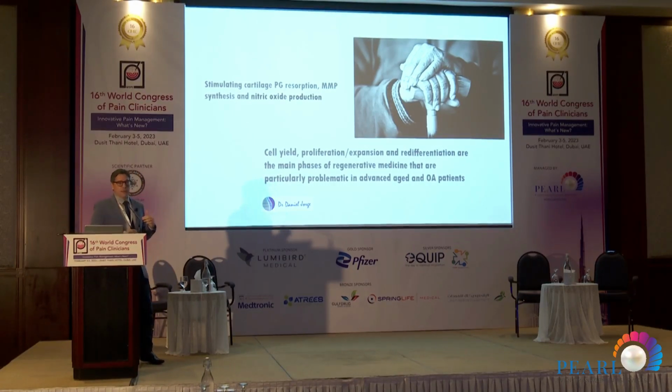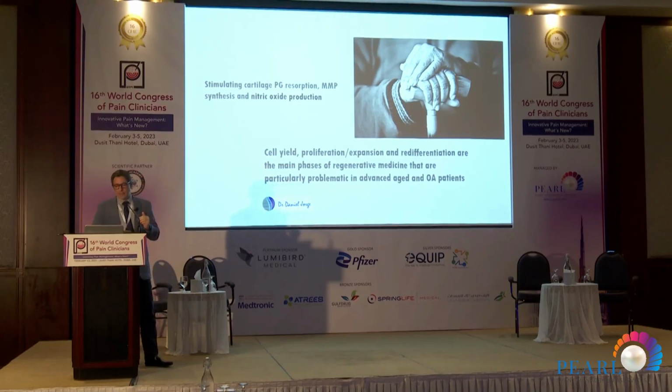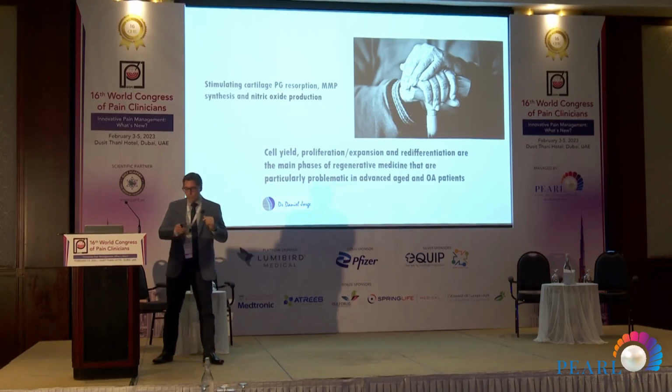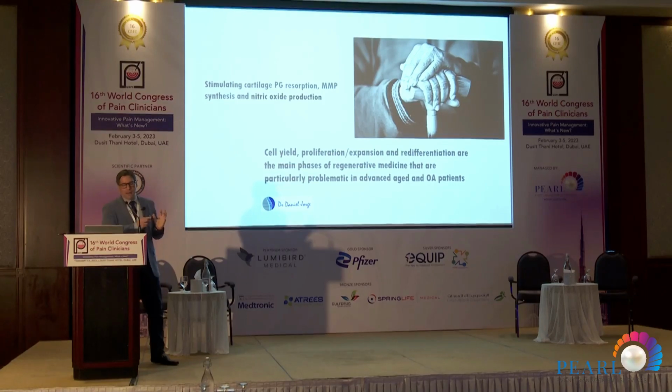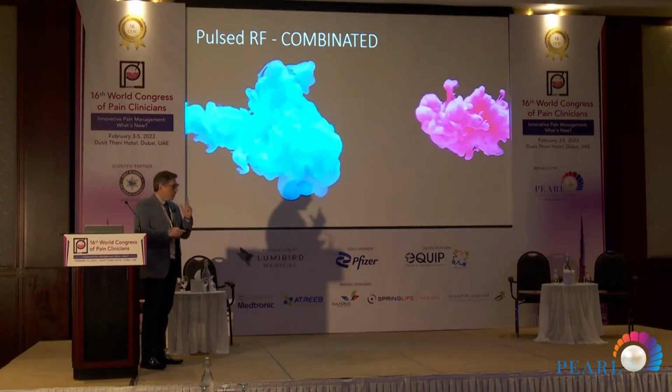They are releasing metalloproteinase and ventricular oxygen production. So the cell yield is not in a good situation for proliferation and differentiation, and it is particularly problematic in advanced aged patients. So in those kinds of patients, with this kind of cell situation, we may benefit them